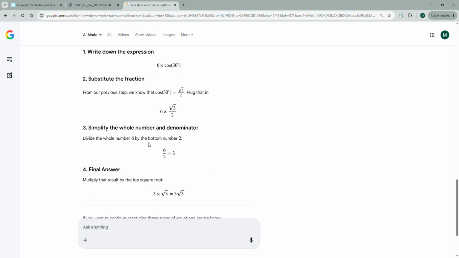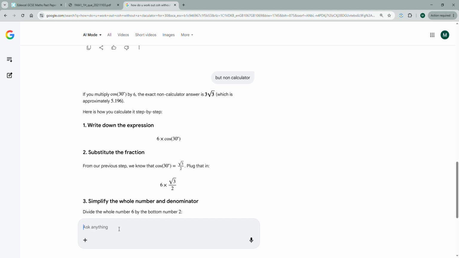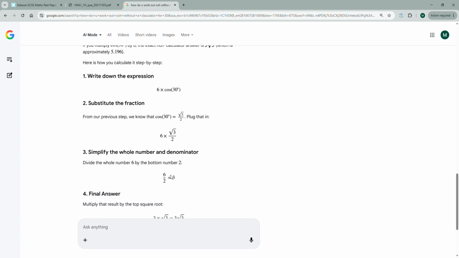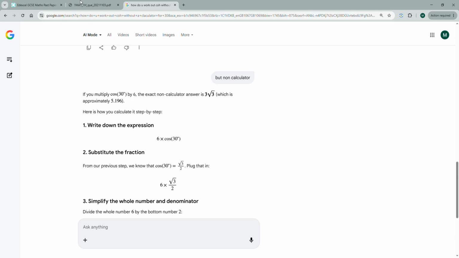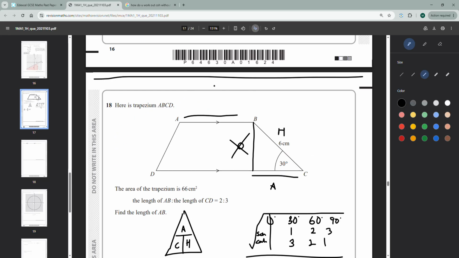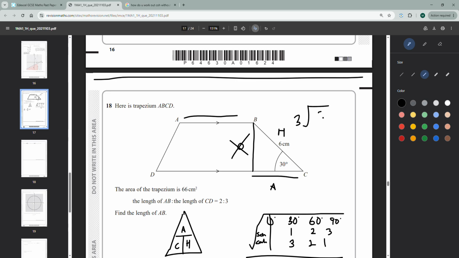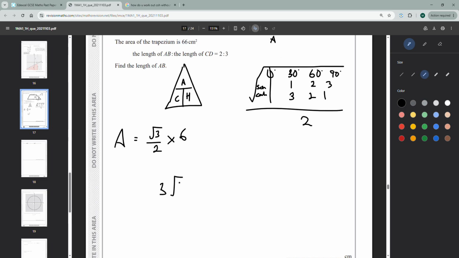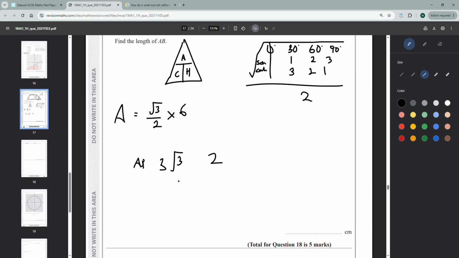Result. Don't get it. What's the result? Is that normal? 6 over 2 equals 3. 3 over 3. You know what? Screw it. I'm just copying. There you go. So 3 over 3 is gonna be 2 over 3 AB. Okay, this is AB. That's 2 of that. So we need 3 of it for